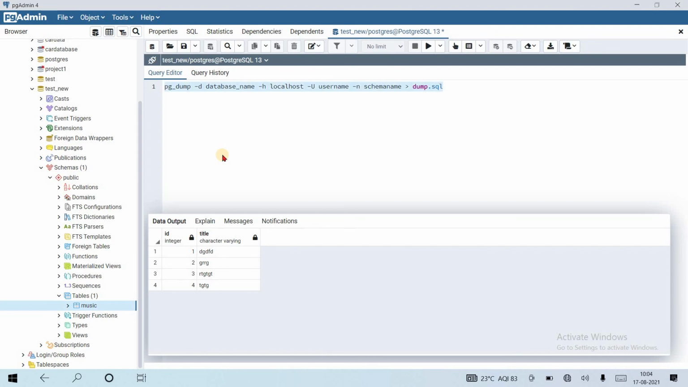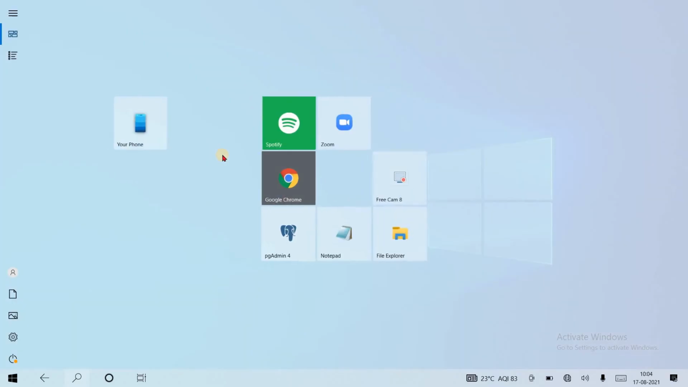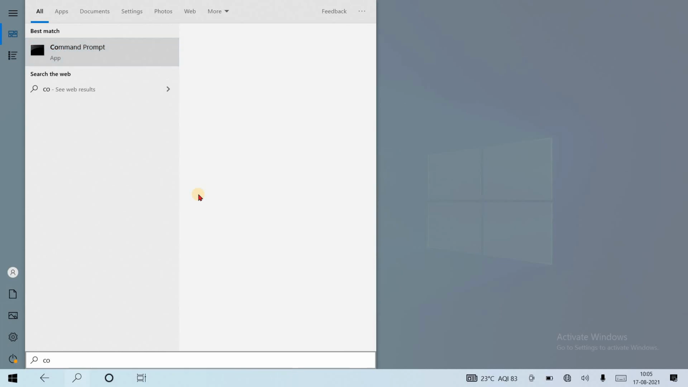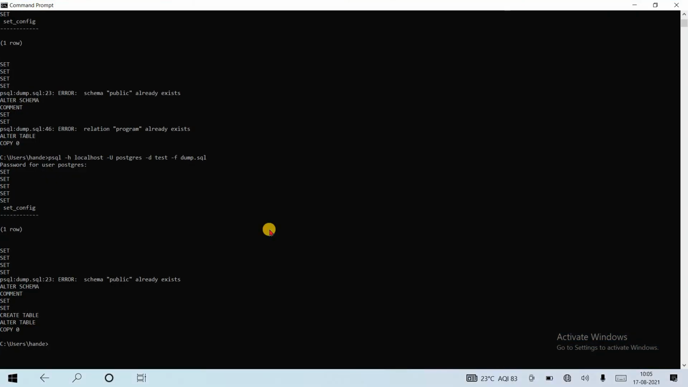Okay, let's copy this. Let's open a terminal or command prompt, depending on your operating system. So I am opening my command prompt. Inside this, okay,